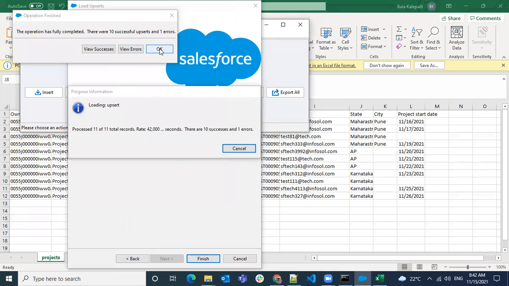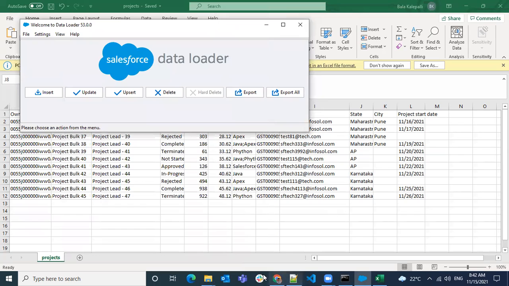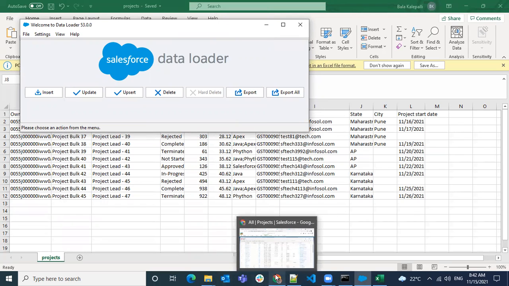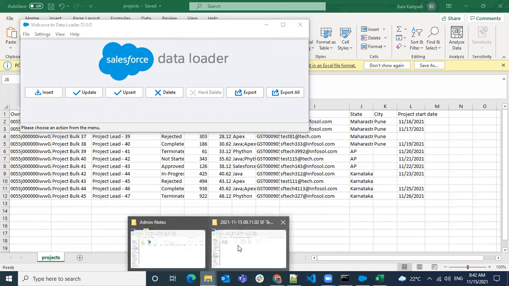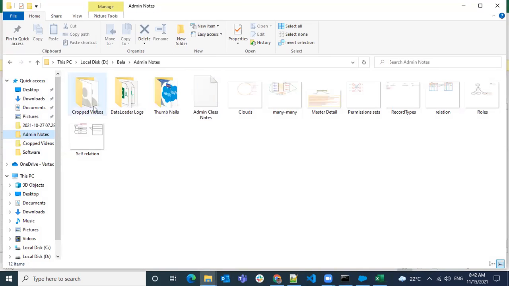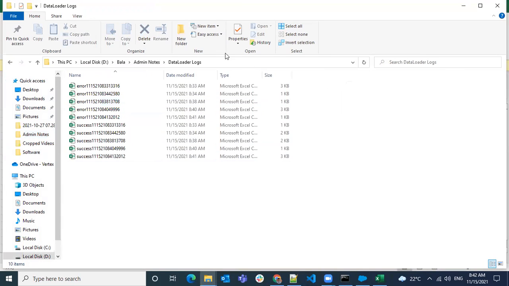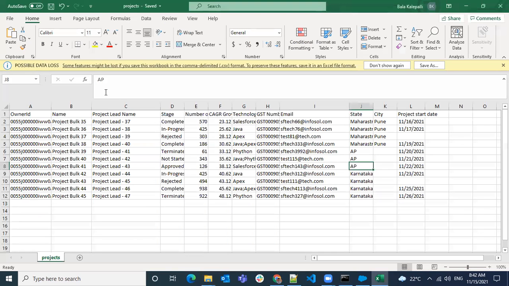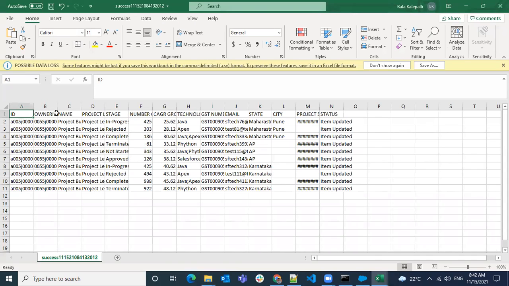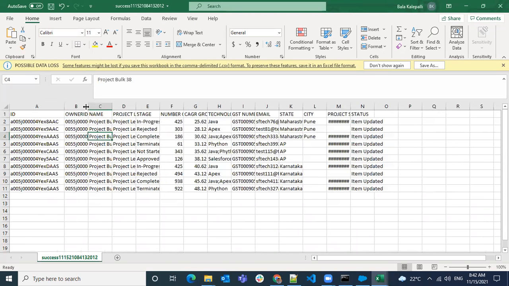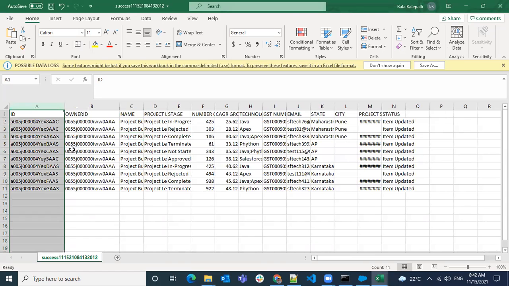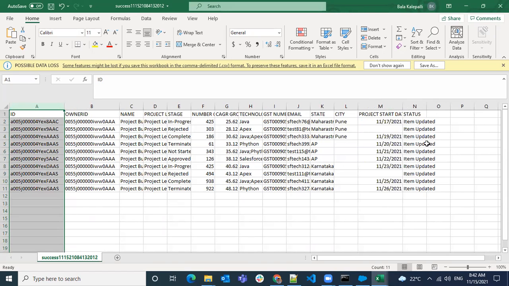Okay, then fine. Now I want to do update. Now go to those files, Salesforce log files, and sort with this one. Here I want to open a success file. Okay, in the success file, see here, extra you see two columns. One is ID, the other is status.